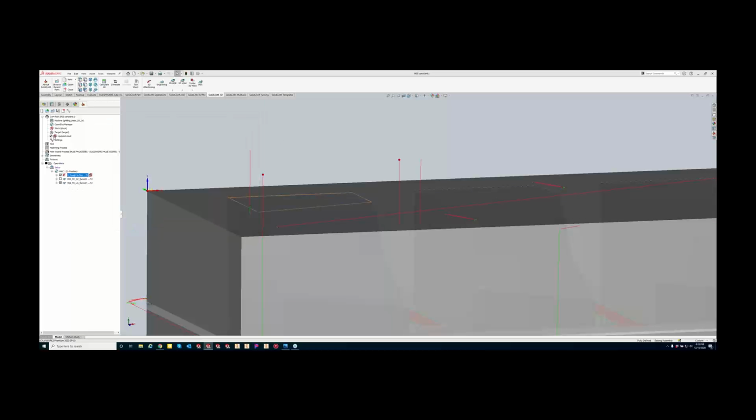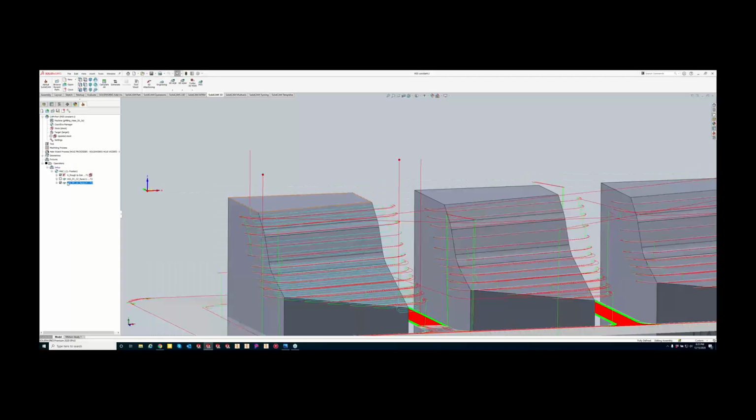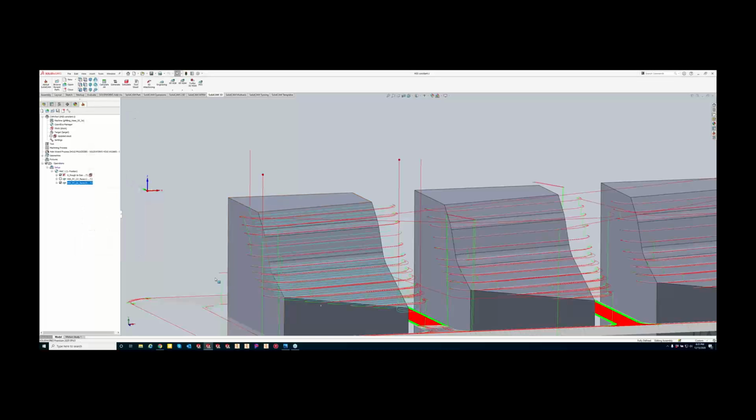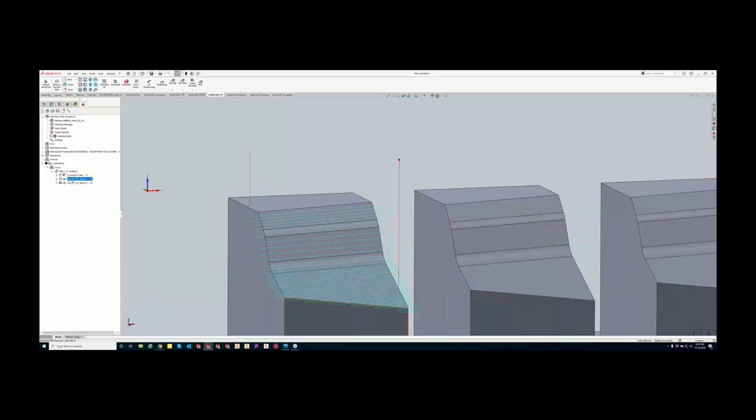All right, turn off our updated stock, and let's go ahead and simulate this. Actually, no, what we need to do here is turn that off. In our HSS constant Z,